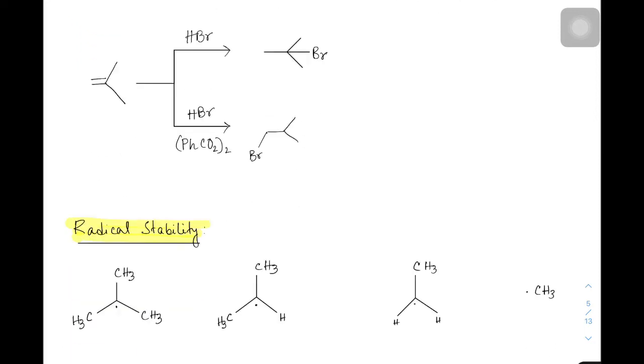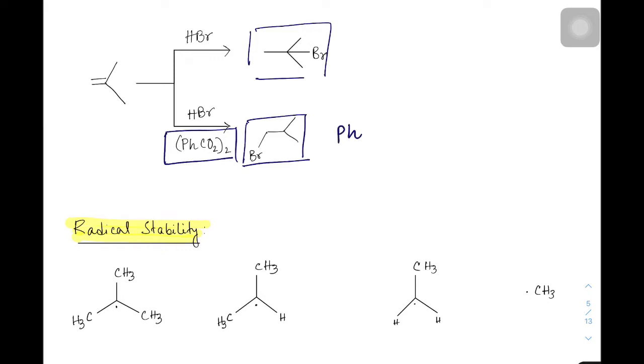In radical addition to alkene, there is a different type of result. In the presence of peroxide, they give a different result, but in the absence of peroxide, they give this type of product. If we see the mechanism of this process, it will be like this. If the peroxide looks like this, the peroxide bond cleaves homolytically and forms a radical, and this radical